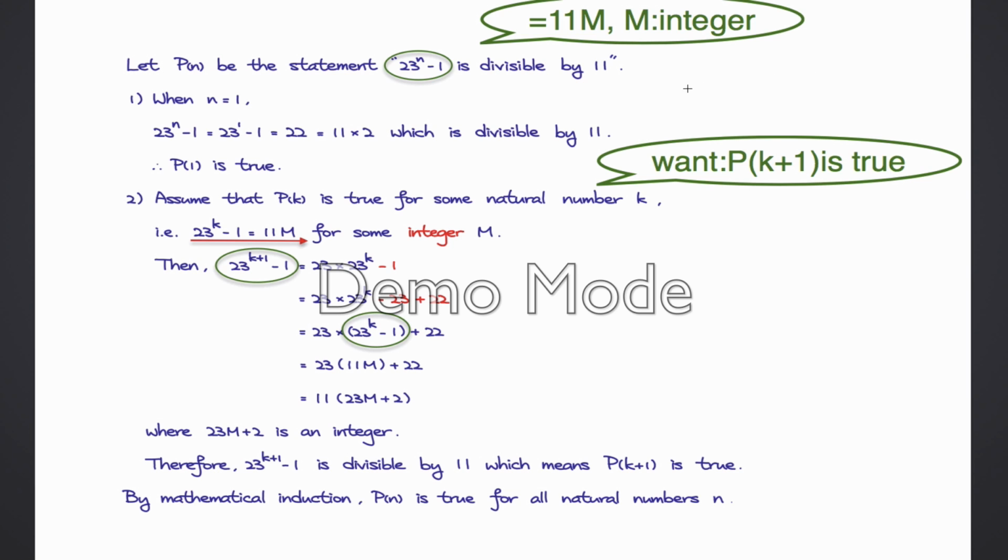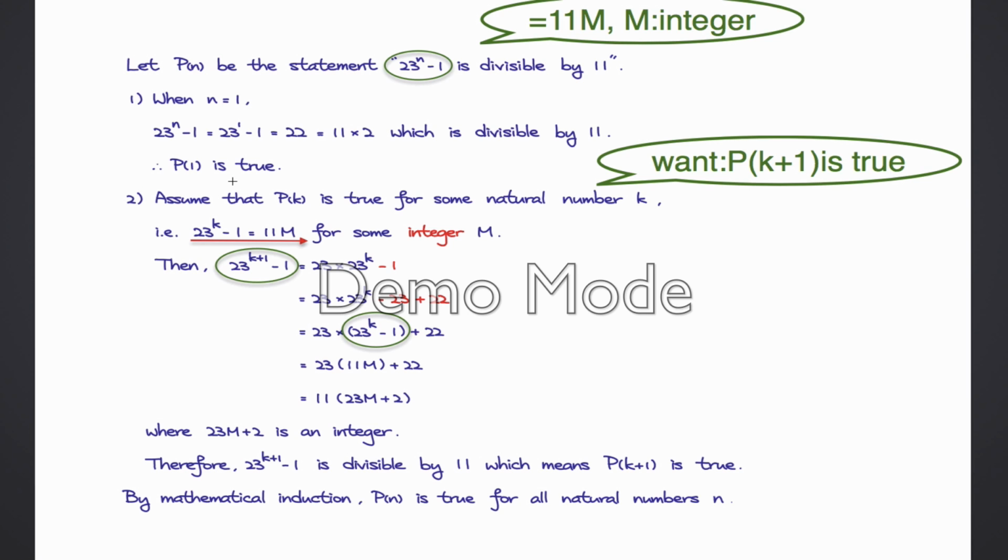The first step of mathematical induction is to show P1 is true. So we just plug n equal to 1 into that equation and check whether it is true. Obviously, 23 minus 1 is equal to 22, which is equal to 11 times 2, where 2 is an integer, so